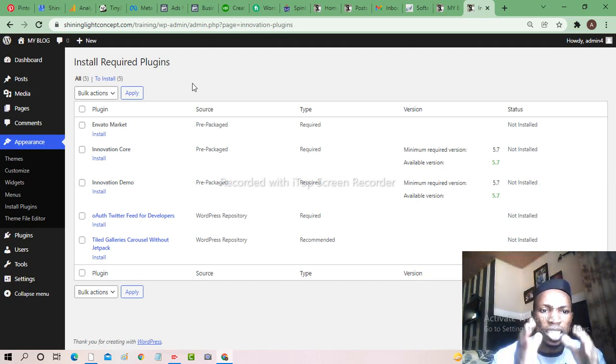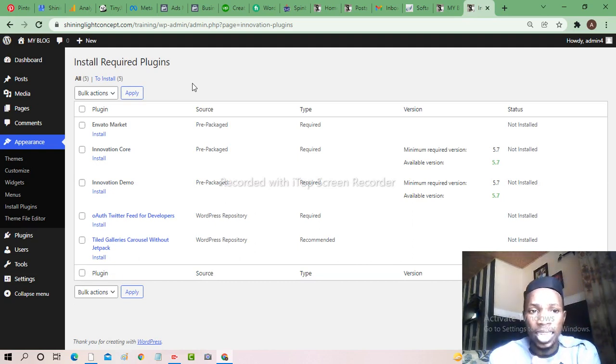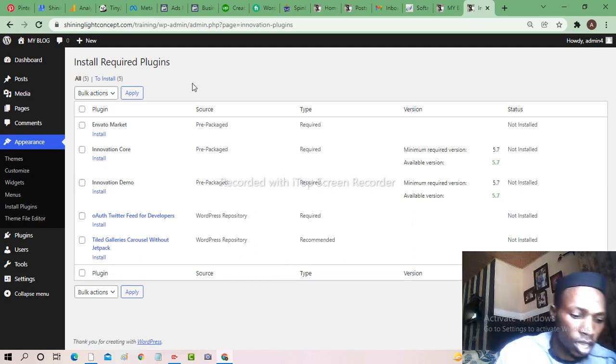Or if the plugin didn't appear, there is going to be an instruction that you will follow on how to install the plugin.